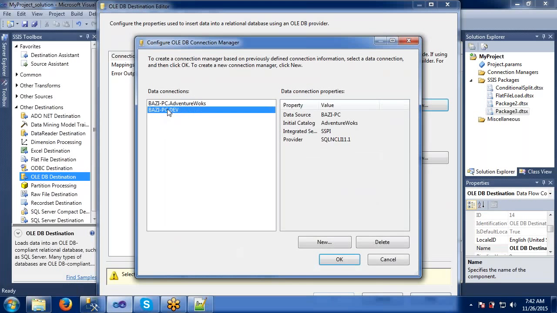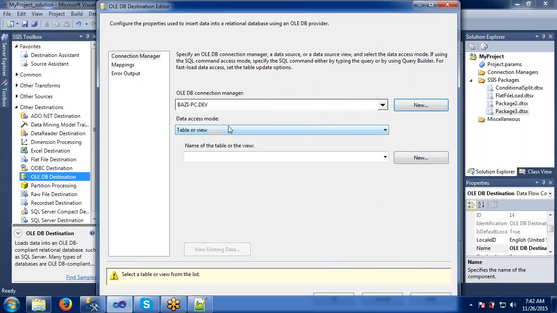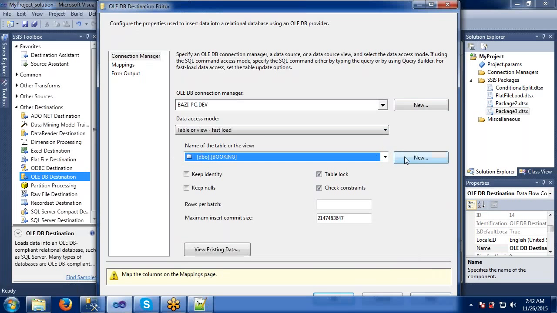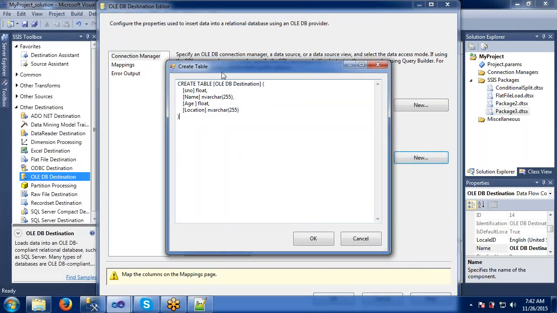I will take the dev database here. Is there an existing table, or do you want to create a new table? As we are doing this for the first time, we'll take a new table here. I will give a new table name, Excel output.